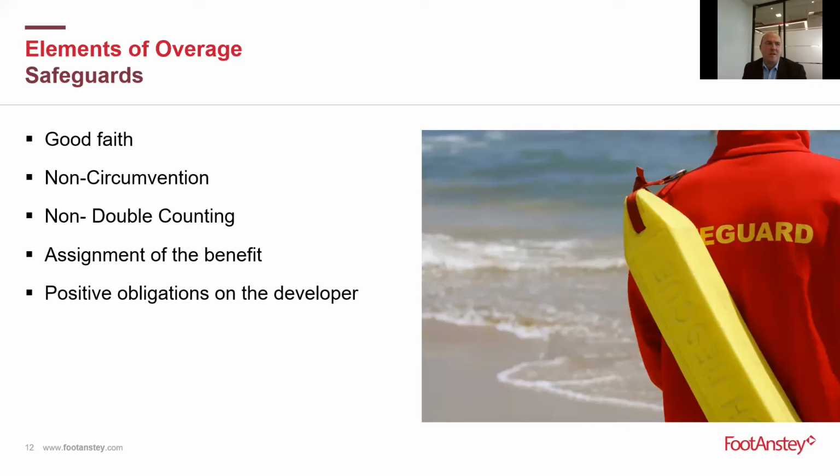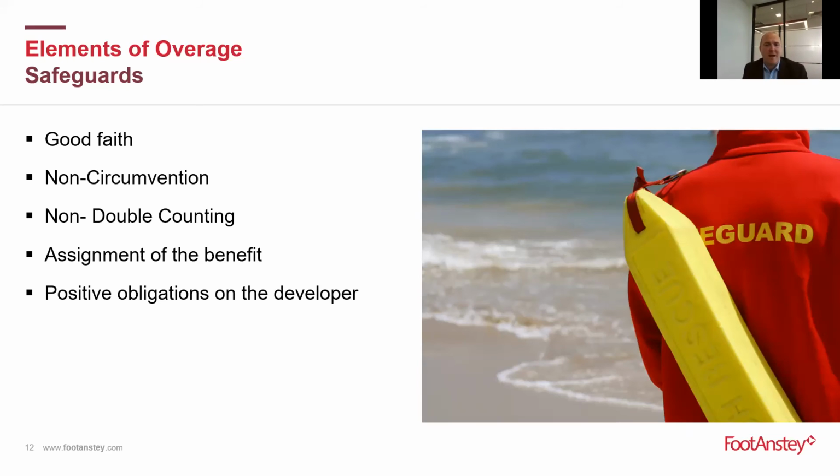Yeah, absolutely right. I suppose one thing I should say, in my view, is that these are safeguards. These clauses are there to protect both the seller and the buyer, but they are no substitute for a well-drafted overage clause which anticipates any and all issues that may arise. So that clearly is the principle that we should all be aspiring to. These additional safeguards can, though, add a kind of comfort blanket to the parties.